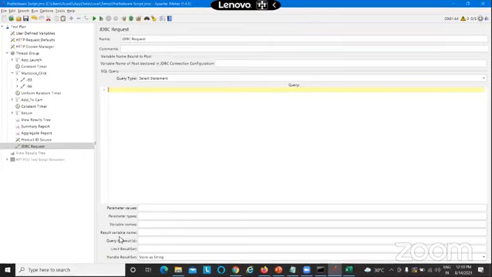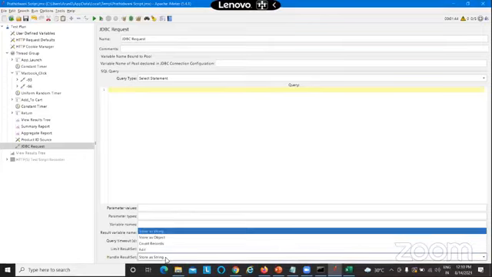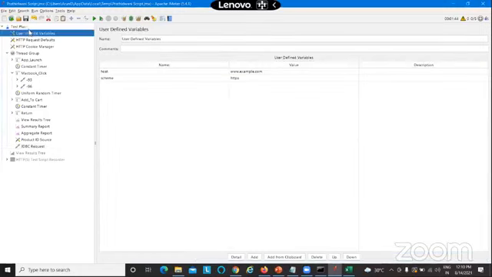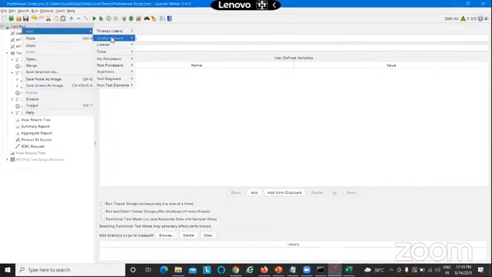So here you can put the connection strings. Okay, and here you can give the handle type of values. So this is how we create a JDBC request. If you want to create a JDBC request, you have to add a JDBC driver to it. So these are the different samplers, and I'll tell you a couple of config elements as well.